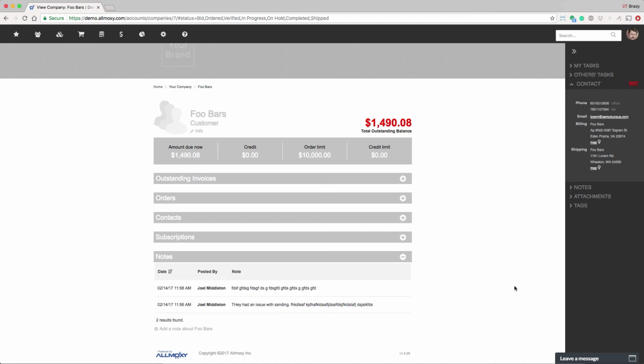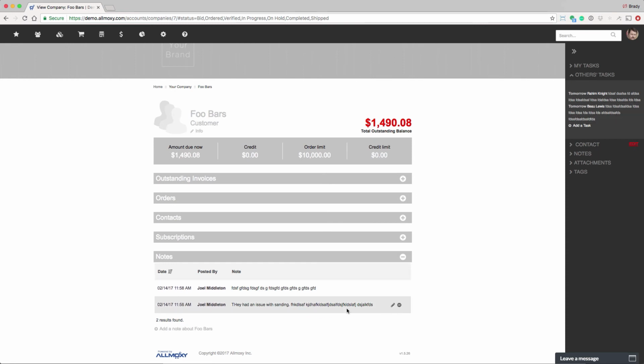Let's look at a couple other features while we're here on this company page that will help you capitalize on these CRM improvements. Along with everything else you can see, I know who's working on tasks for this company. I can see my tasks, which I don't have any. I can see others' tasks, and I can see that these two people are working on things for this company. And so I can have educated conversations with them when they call. I can say, yeah, so-and-so is looking into it on the sander, and so-and-so is going to come visit you